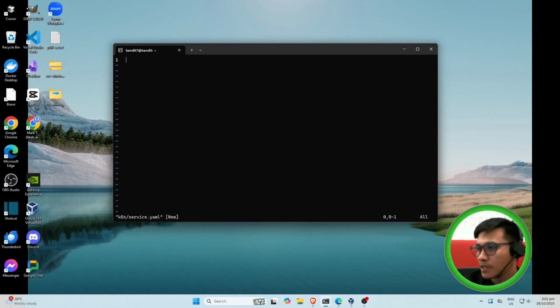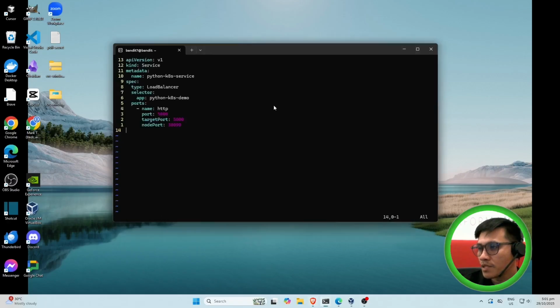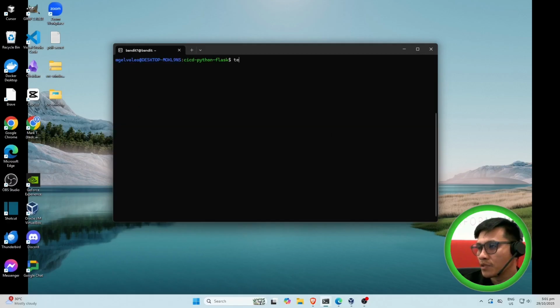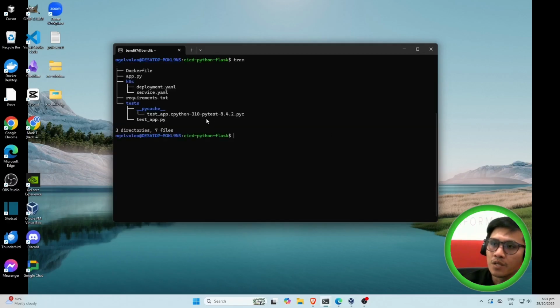Okay, and then I'm going to face the services. So I'm going to put LoadBalancer instead because we are going to access it on my desktop. So if you are on cloud services, it will also run on it. Now that we are ready, I'm going to create